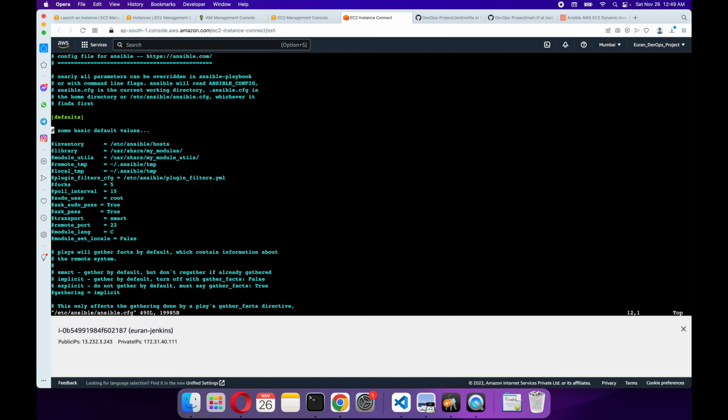Now here we have to give the inventory. I first press I to come into the insert mode, then give the inventory. Make sure to write it correctly, it should be inventory. Okay, now the spelling of inventory is correct, I believe. Yeah, now